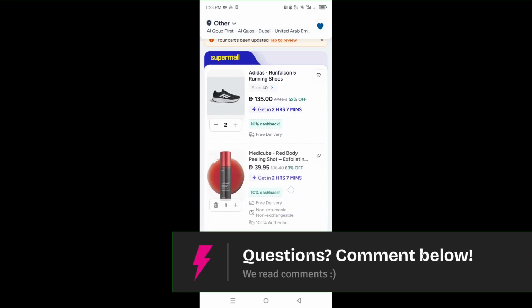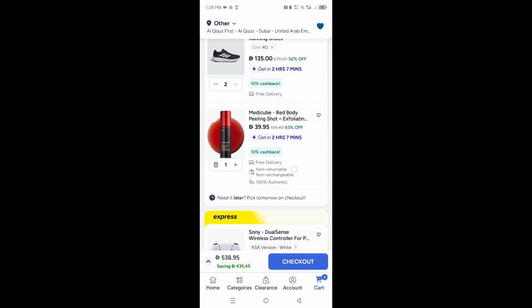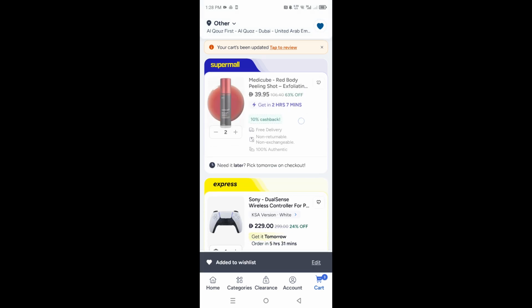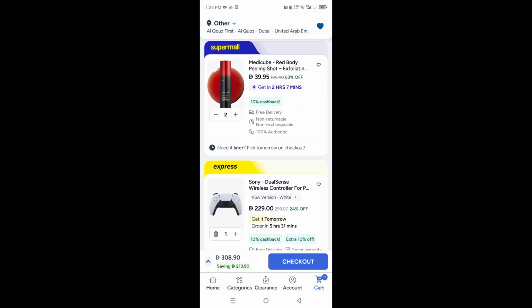Then from here, if you don't want anything as of now, you want to reduce the quantity, you can click on this minus icon. If you want to increase quantity, you can click on the plus icon. Let's say you don't want to go ahead and get the shoes now, maybe at a later date, you can click on this icon to add it to your wish list. Okay, it'll be removed from your cart, and now as you can see, only these are in my cart,